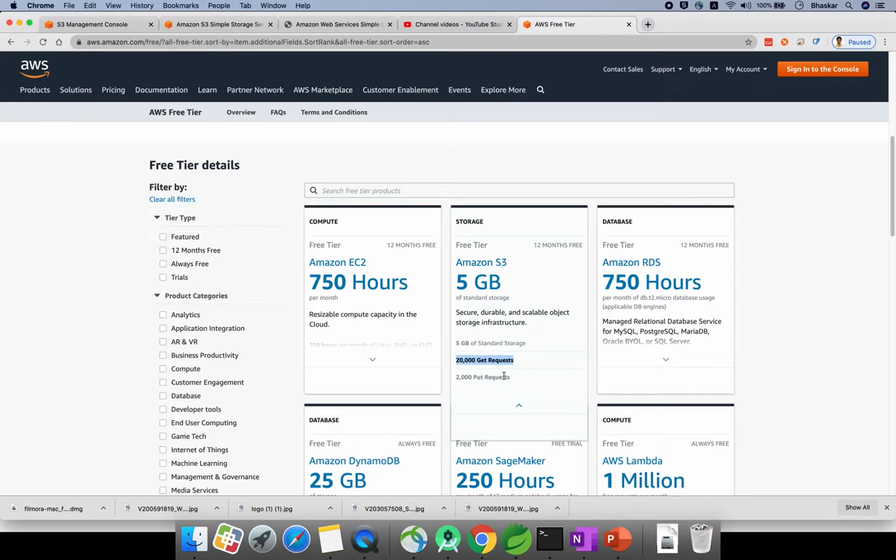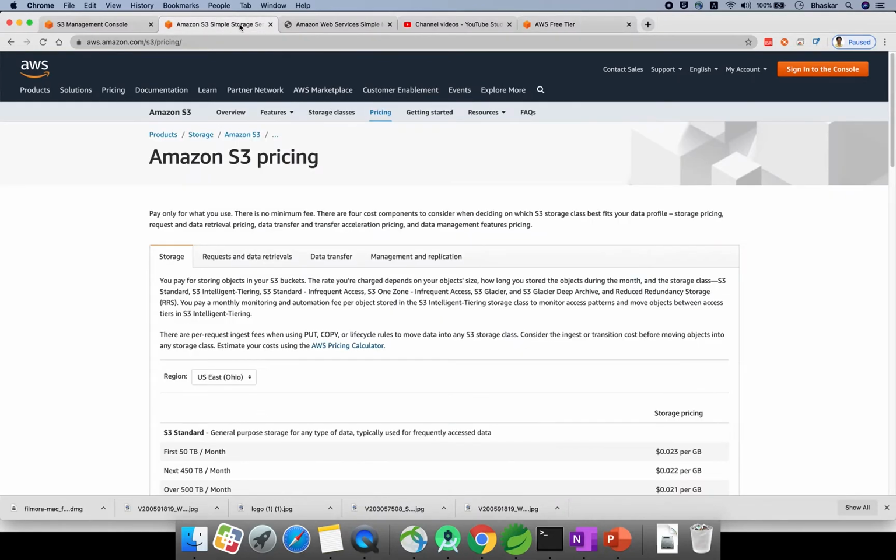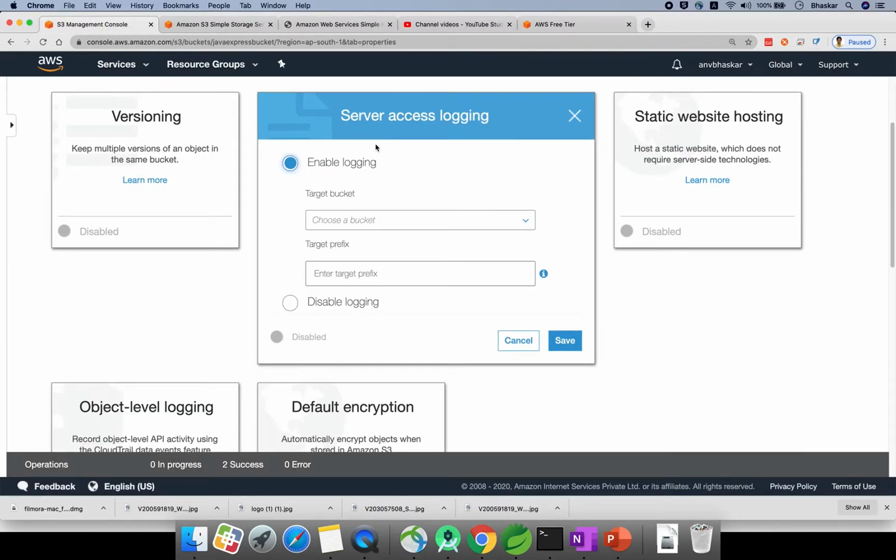That means uploading a file is nothing but a put request; you can upload 2,000 times, and then you can download 20,000 times. So this is the free tier service. Okay, let me go back. That is the free tier service, and that is what is called logging, get and put.